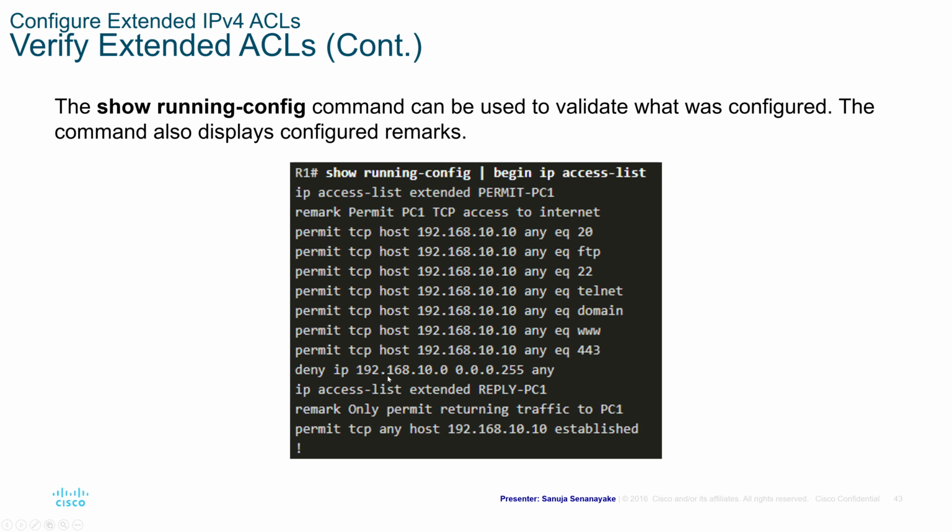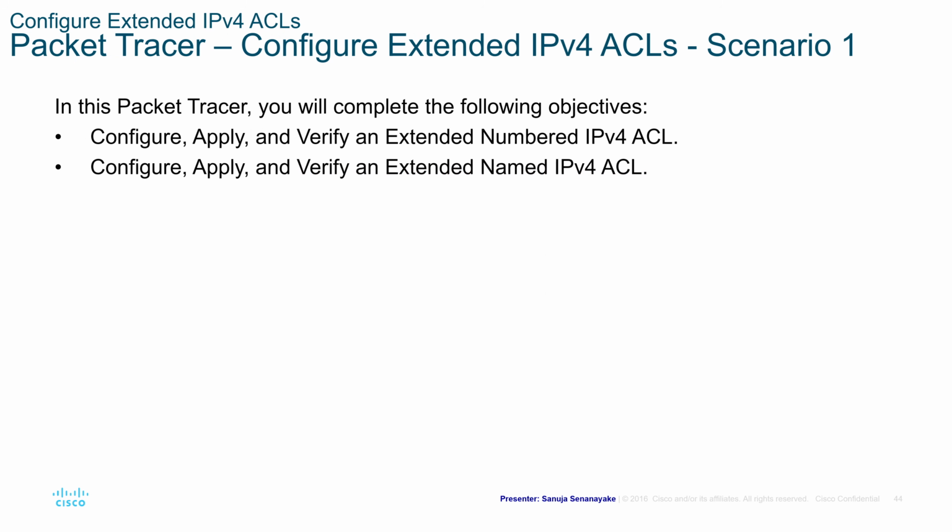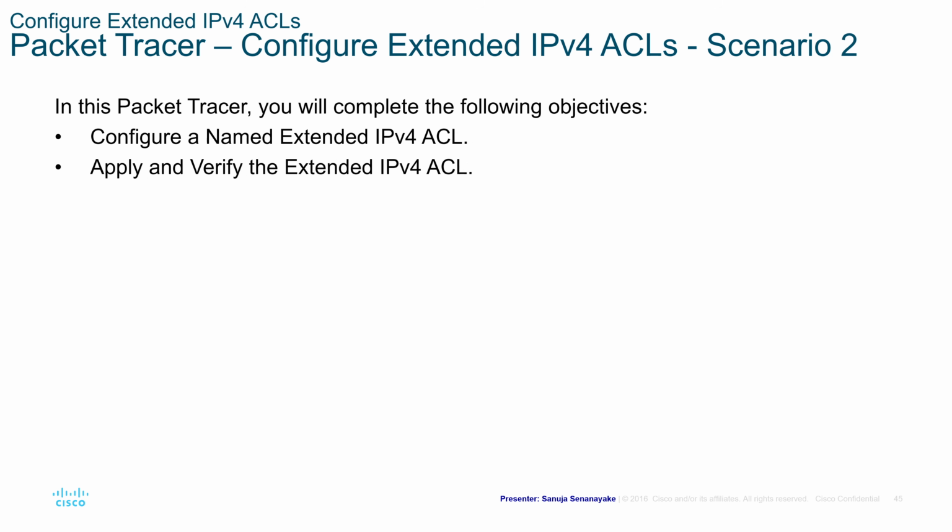So you can see that being displayed right here as well. There's a packet tracer file called configure extended IPv4 ACL scenario 1. And there's another packet tracer file called configure extended IPv4 ACL scenario 2. If you have access to those packet tracer files, please go ahead, download it and do them. If you do not have them or you don't have access to them, I will get a copy of those